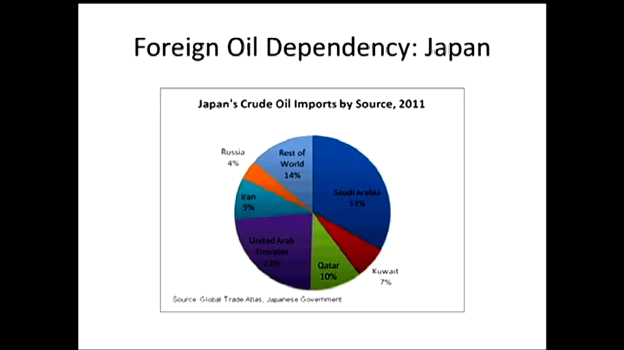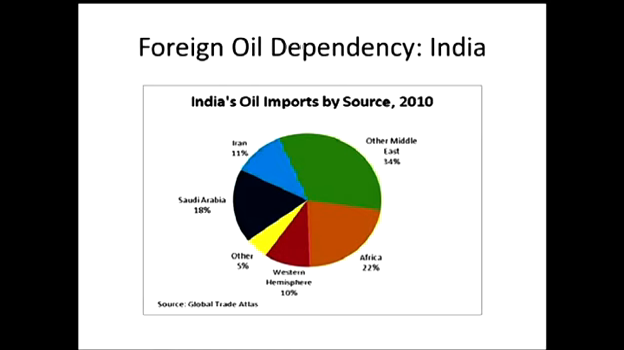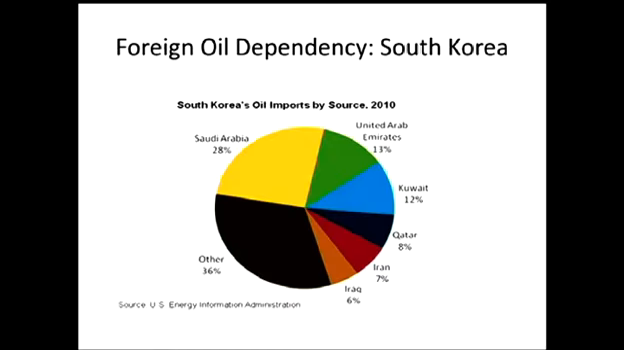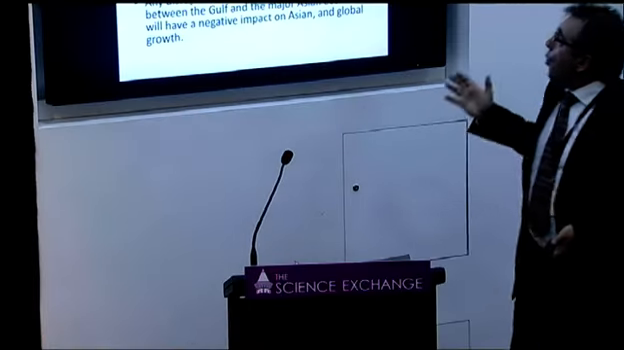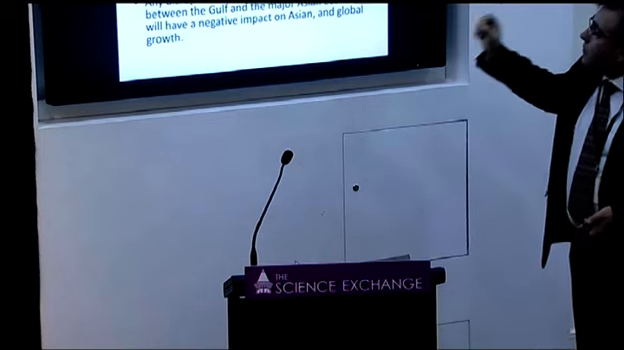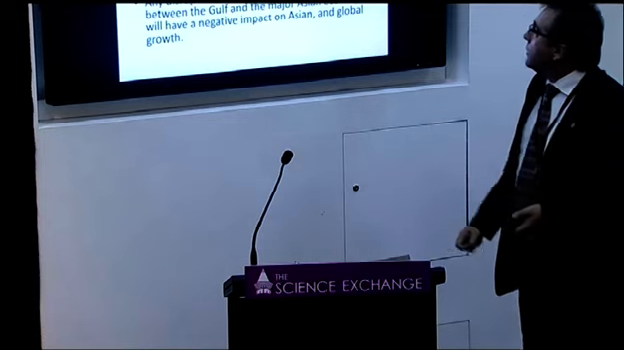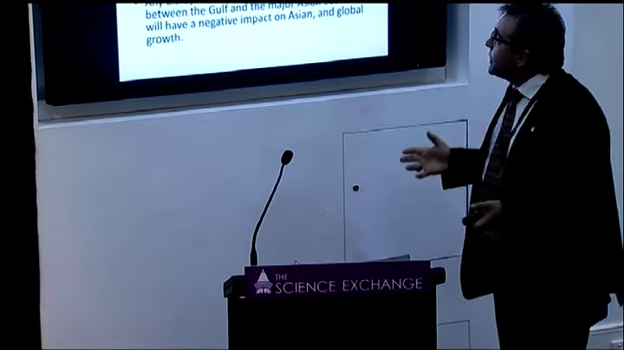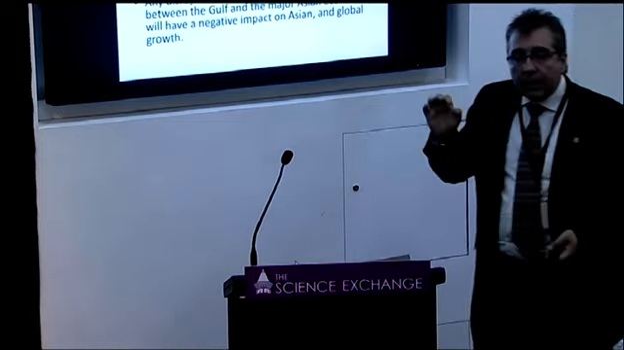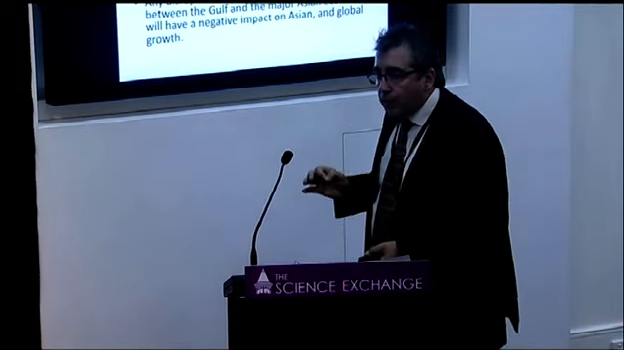Saudi Arabia gives 33% to Japan. Kuwait, Qatar, United Arab Emirates, Iran. Well, India again. And South Korea. So essentially all of the most significant Asian economies are on average 2/3 dependent on the oil emanating from the Gulf region. Natural gas supplies are obviously a little bit more diversified, but the key to natural gas supplies, of course,